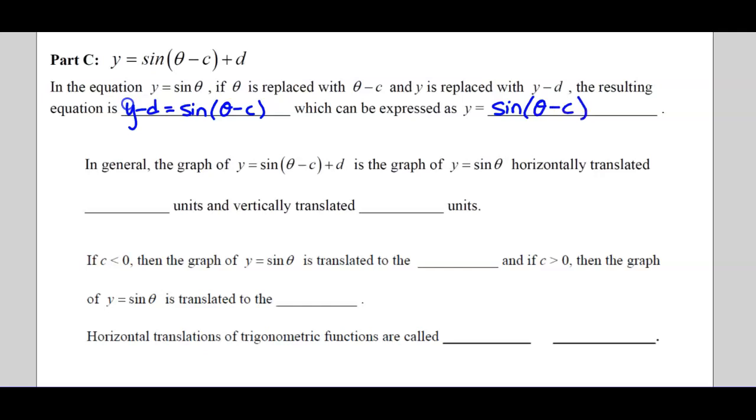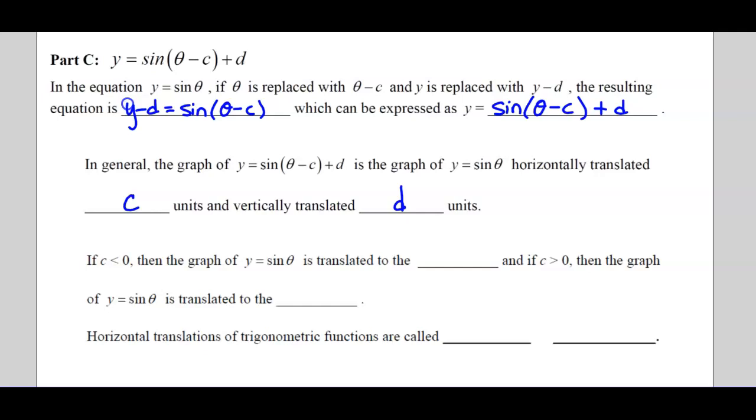There's nothing we can do with the c. It has to stay, but d, we can bring to the right. And so when it's solved for y, that means we could graph it in our calculator. Okay, so this is a horizontal translation of c units and a vertical translation of d. And then depending on what sign, sign of c and d, that tells us whether we go up or